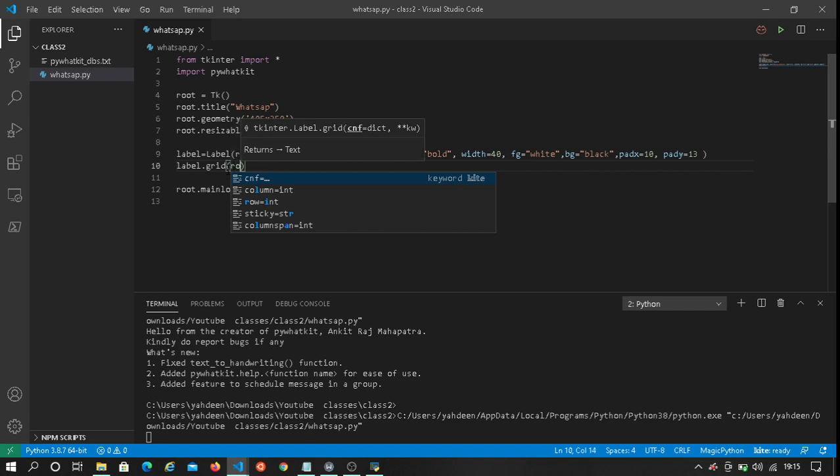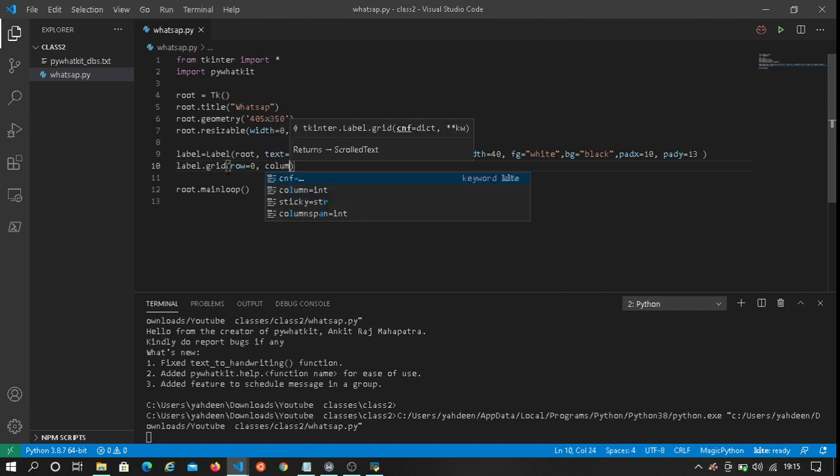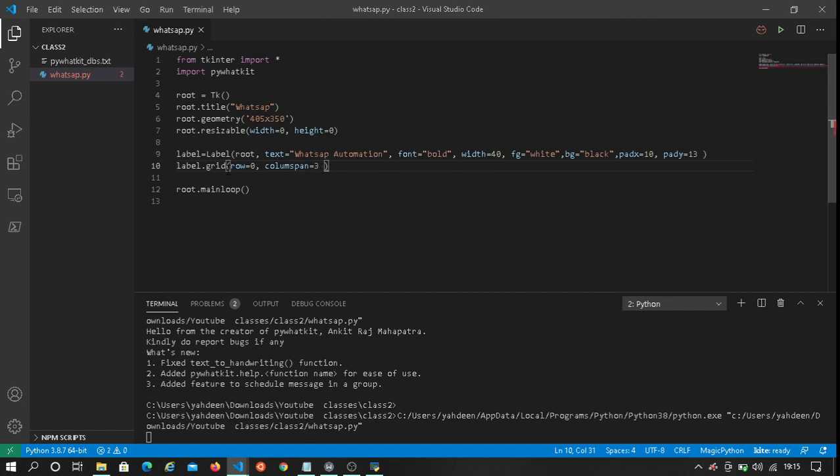The row will be 0, columnspan equals 3, and the padding for the x-axis padx equals 10, and pady we'll set to 10.